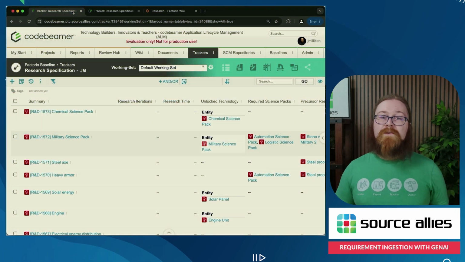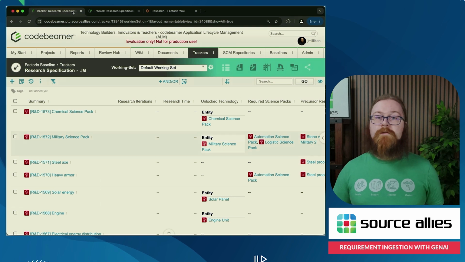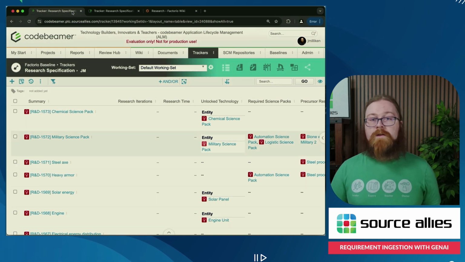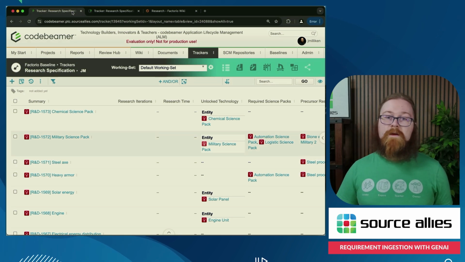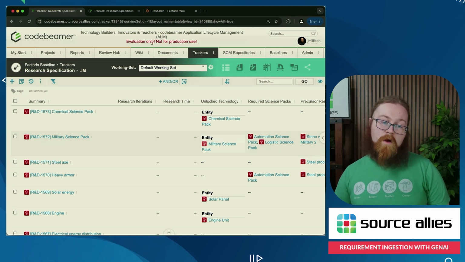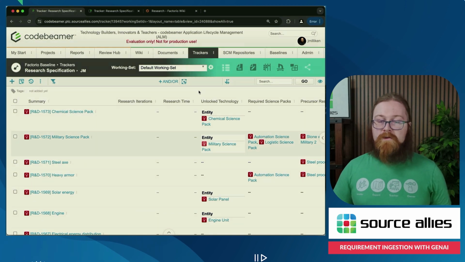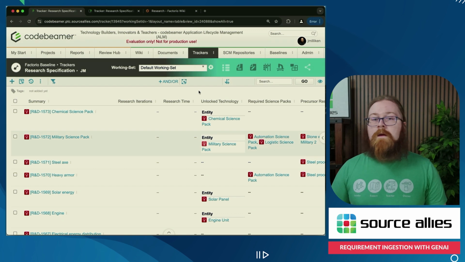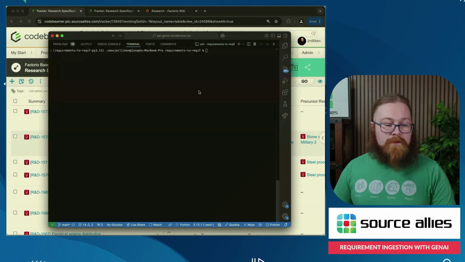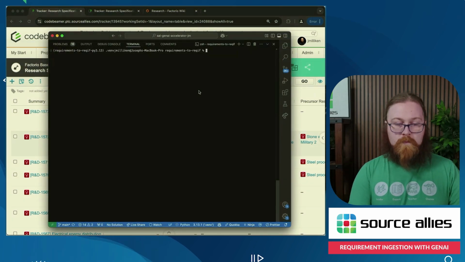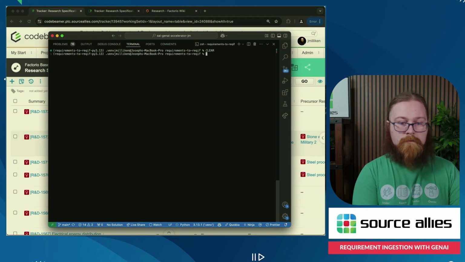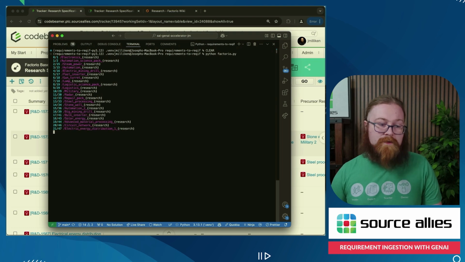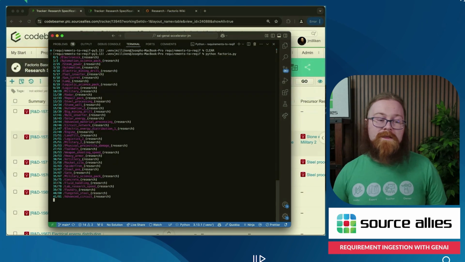Now, for this, we did put together an ETL tool leveraging generative AI to, starting at a single research item, traverse through this repository of documentation and extract the information needed to fill in all these tracker fields. And most importantly, save them to a format that Codebeamer can export. Now, if we switch on over to the tool, we can go ahead and run it. Now, it's not instantaneous. I have cached the results for the purpose of the video,